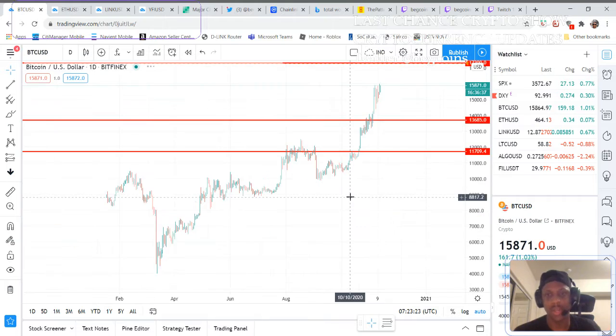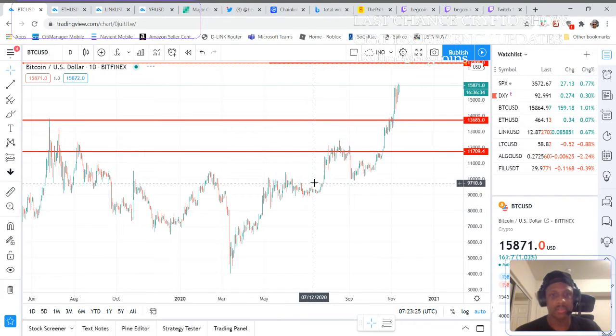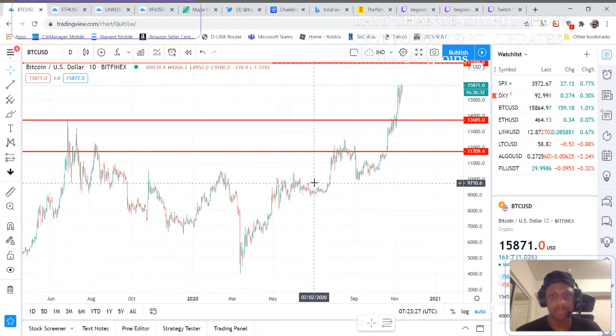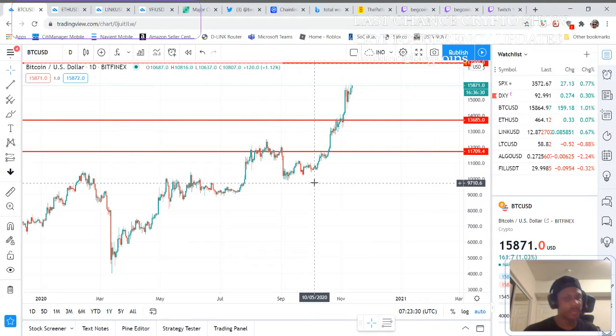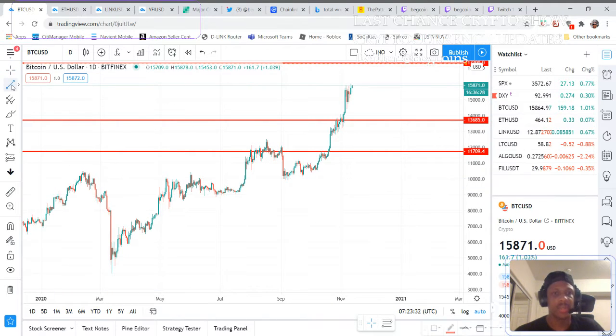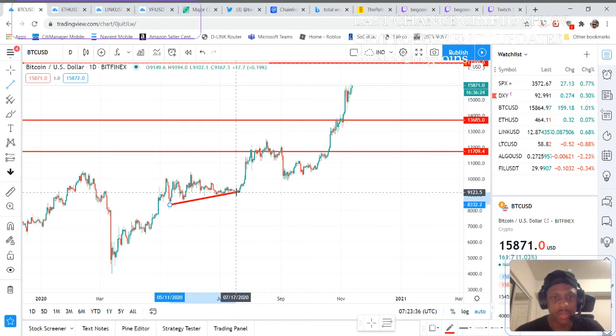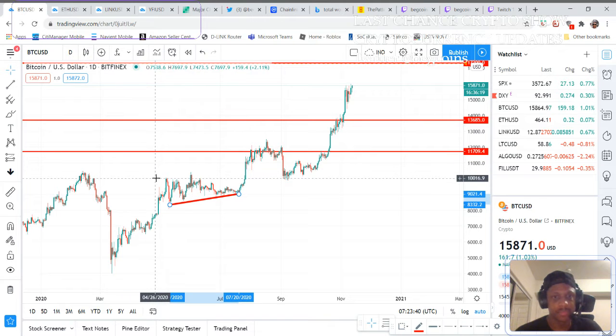Let's start on the 1 day. There are some triangles to find on the 1 day. I'm going to show you how to find triangles, and I'll tell you what each one is called. They're each called a different thing depending on where and when you find them. Let's see, was that resistance? Okay, so this triangle,